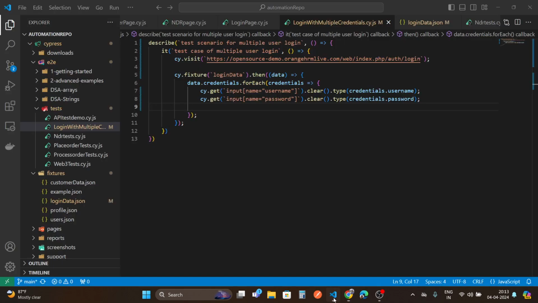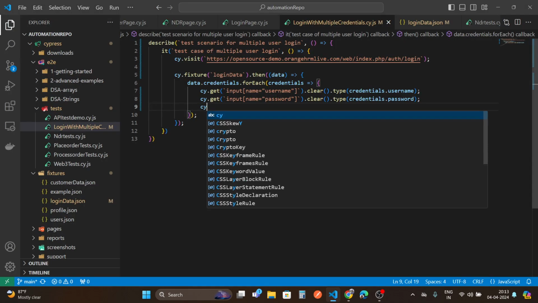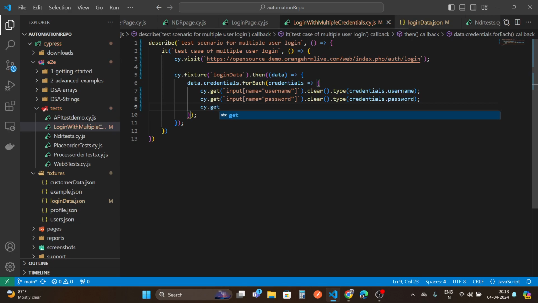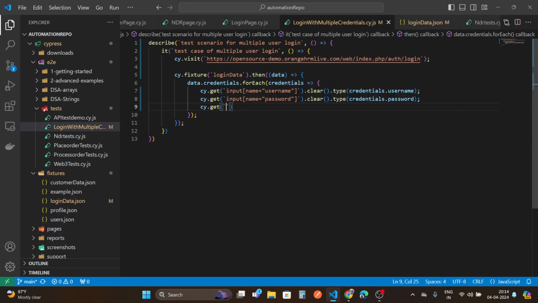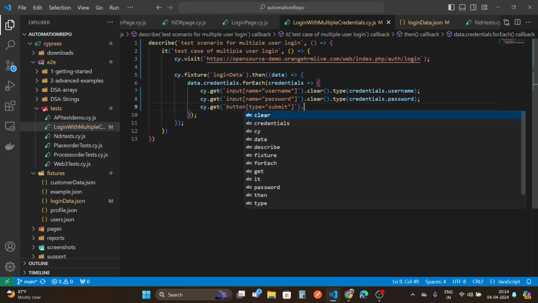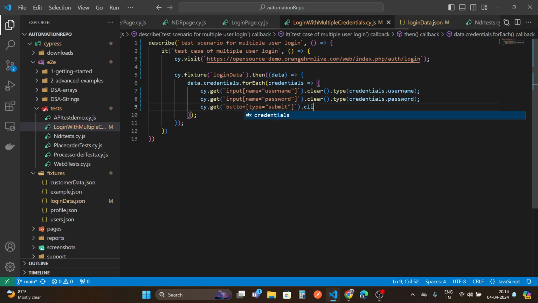So I'll just copy the locator and write cy.get. I'll use the template literal here, and I'll paste my locator dot click. So it will just click the login button here,